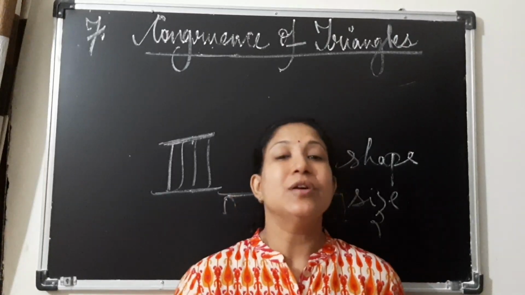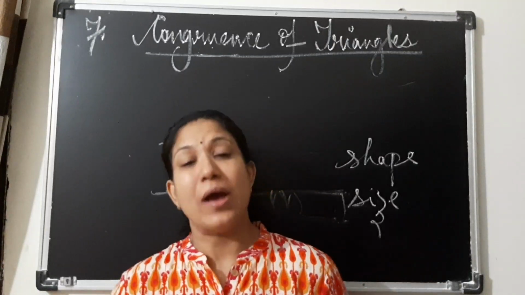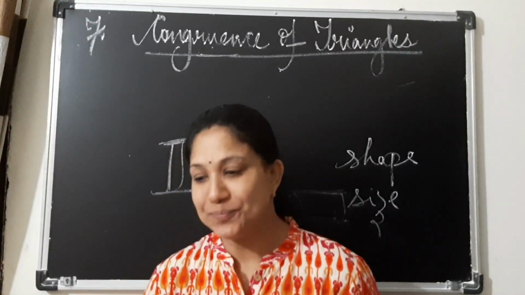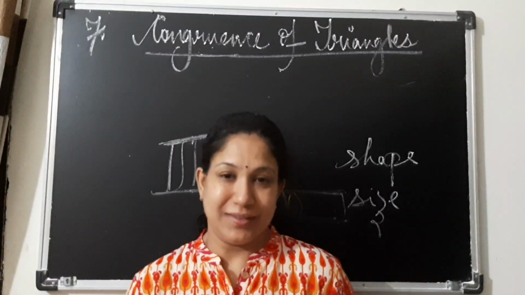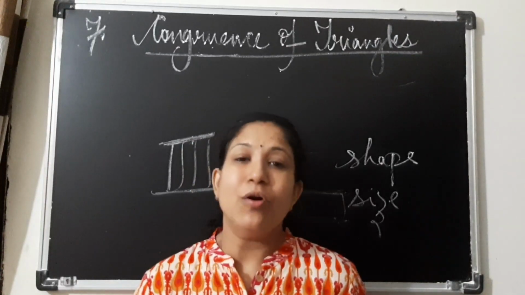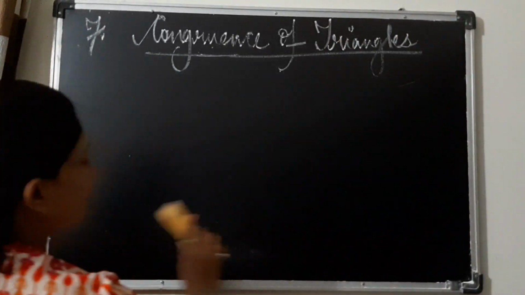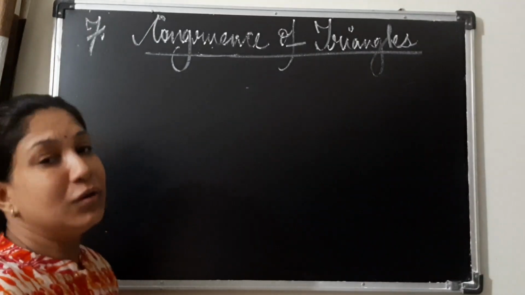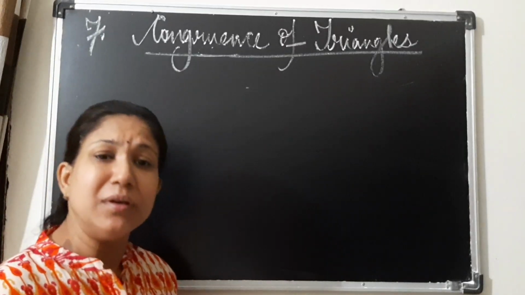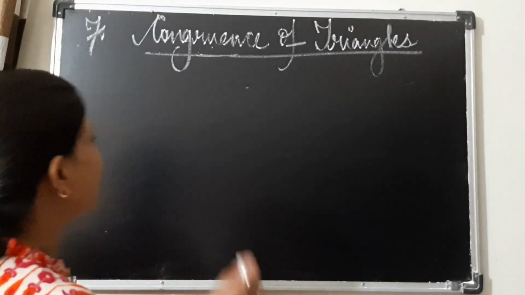Now let us start with congruence of line segment. For congruence of line segment and for angles, we will do it by the superposition method. Let us start. Now to check the congruency of line segments, let us first draw a pair of line segments. This is your activity also. You see the video carefully and you will do it in your notebook. For this you need a tracing paper, also called butter paper. You buy one roll and cut it into small pieces.